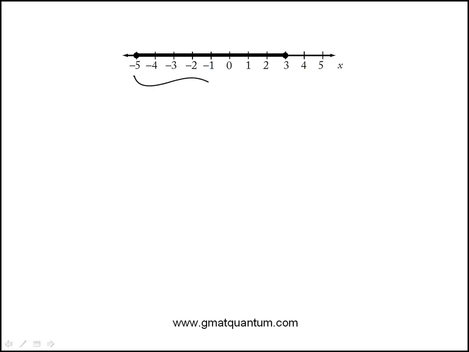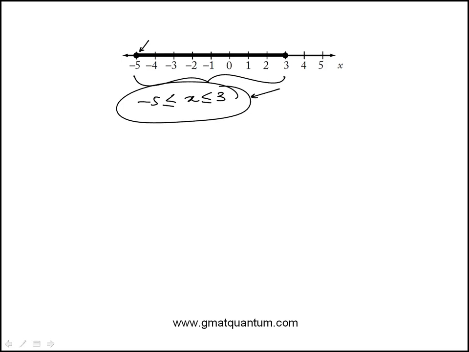Here we're shown this shaded part of the number line that represents a set of values that x satisfies. It falls between -5 and 3 inclusive. So essentially this is greater than or equal to -5 and less than or equal to 3. And they're asking of the answer choices which are written in absolute value form, which one of the following is